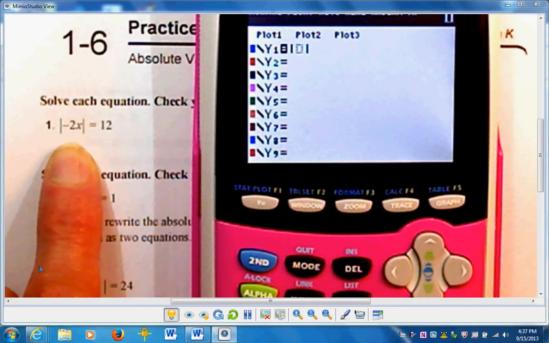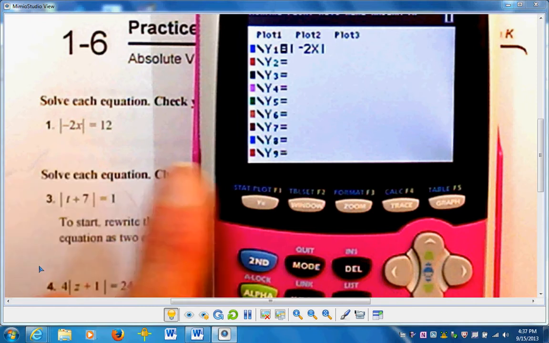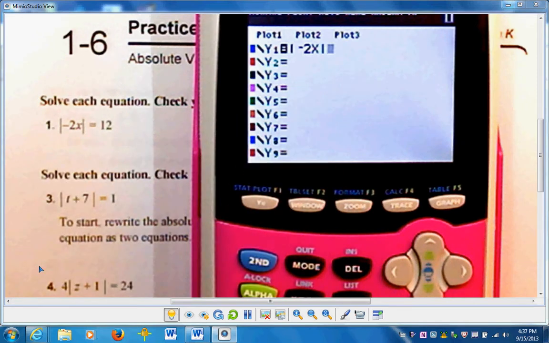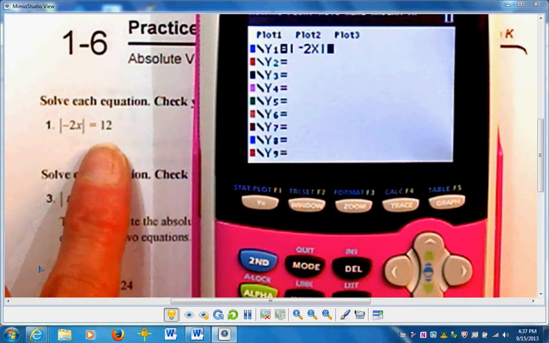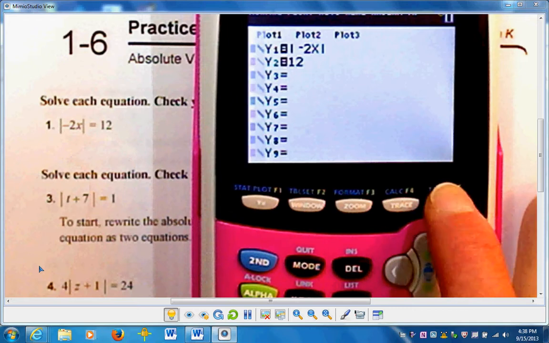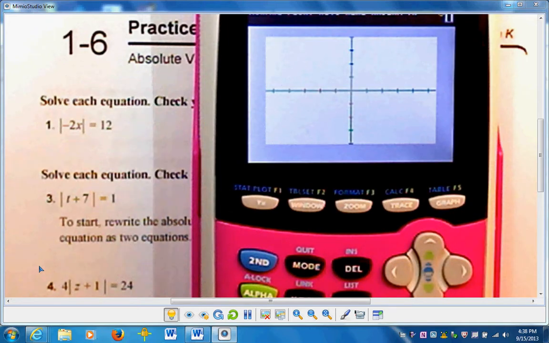So now we're going to put in negative 2x, and if I scroll outside, that means now I have negative 2x inside my absolute value mark. So that was the left side of my equation. Now I'm going to look at the right side of my equation, which is 12. So in y2 I'm going to put 12. So I'm going to go ahead and graph, and you will notice that that's my absolute value of negative 2x,